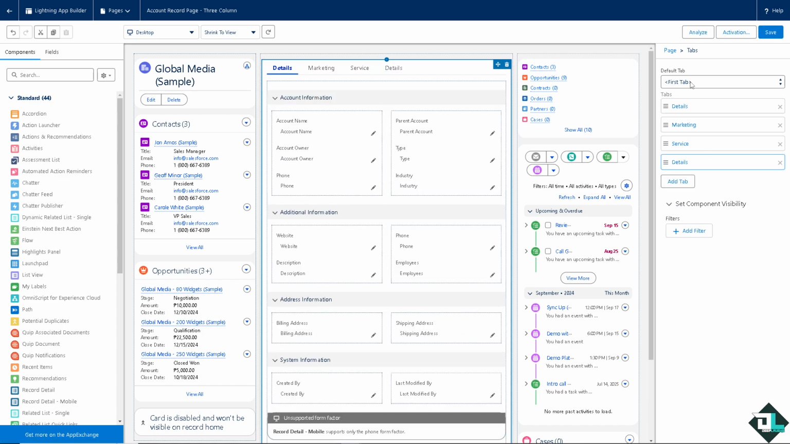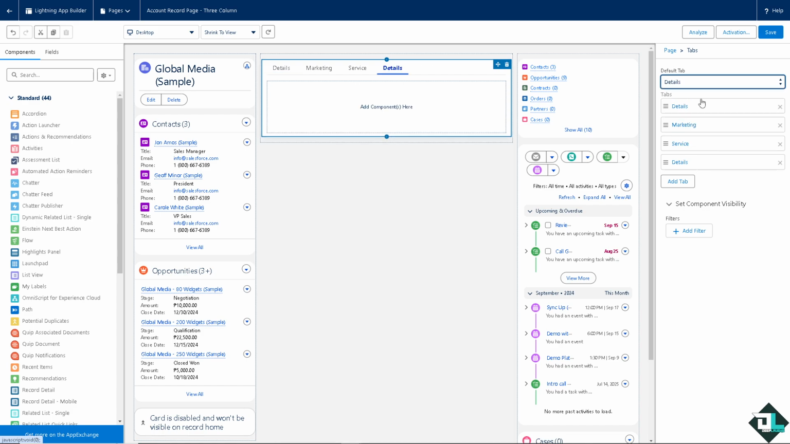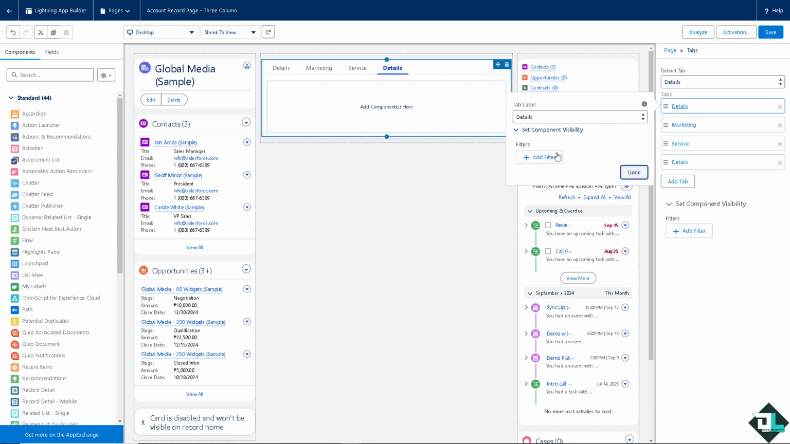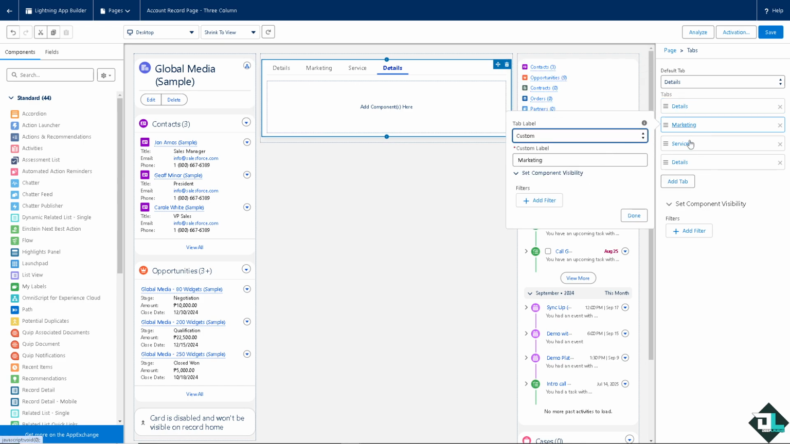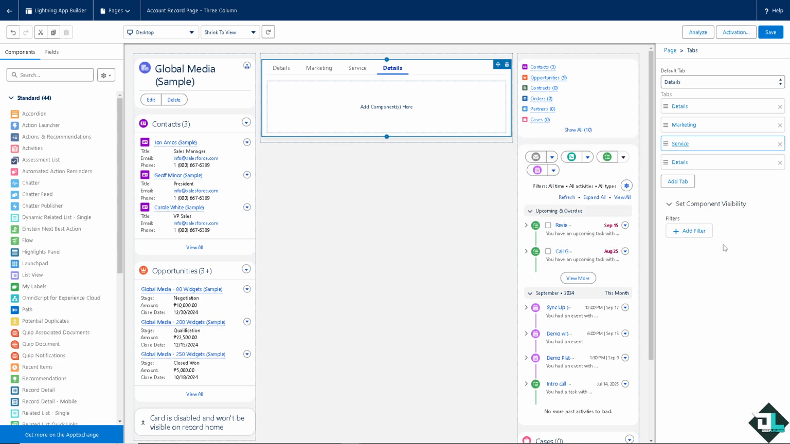All right, and of course you can put in, for example, details right here. You can add more filter, you can add marketing, you can add a custom label right here. You can add service and a lot more. And if you wanted to add more tabs, you are welcome to do so by clicking add a tab here,